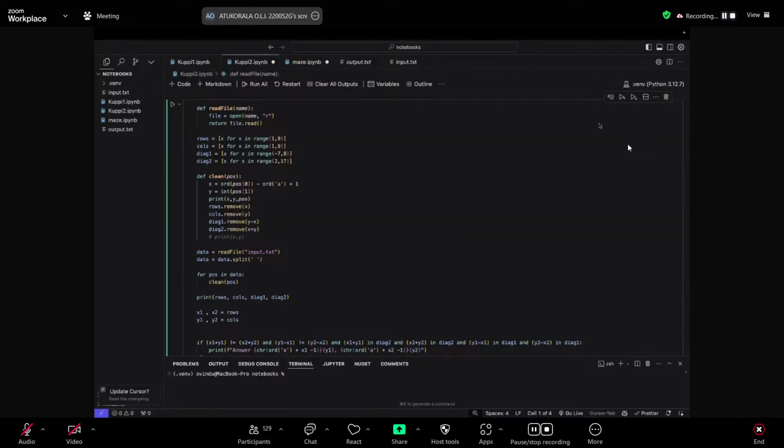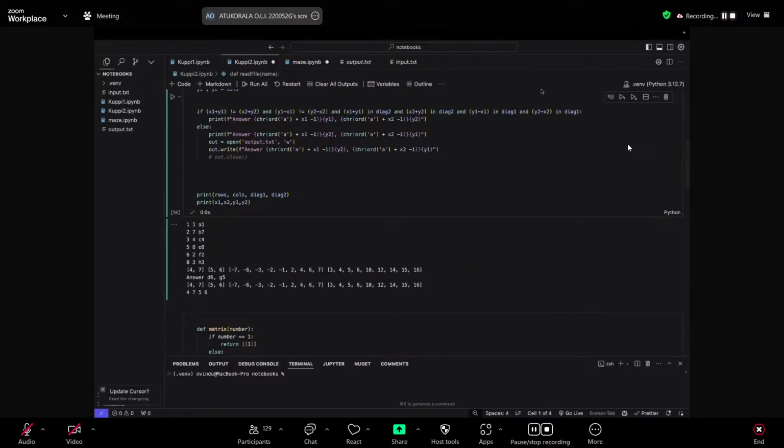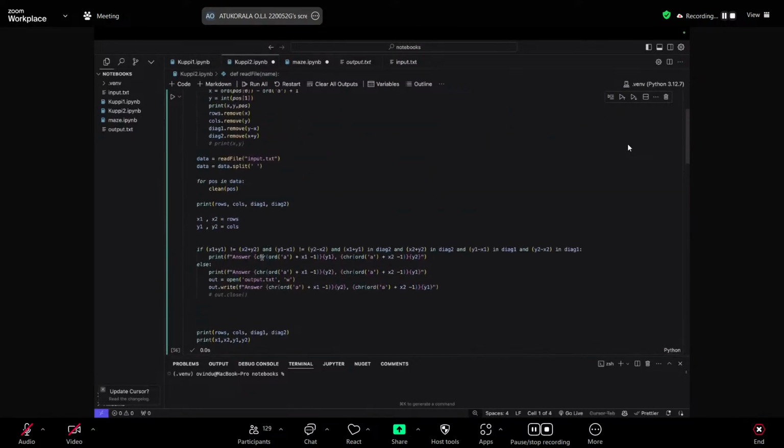Okay, so next let's go to how I got the answer from this. How did I get from this to the final answer? As I mentioned, there are two possible combinations, right?